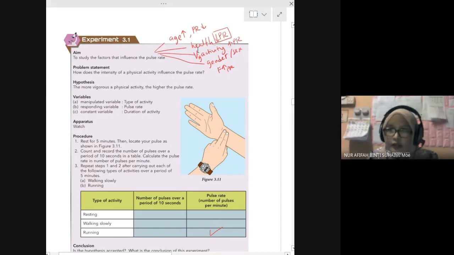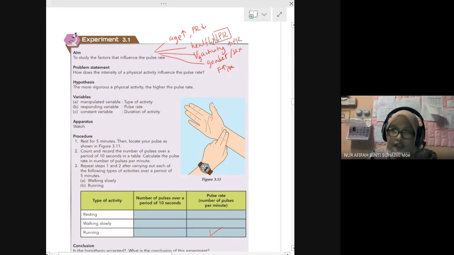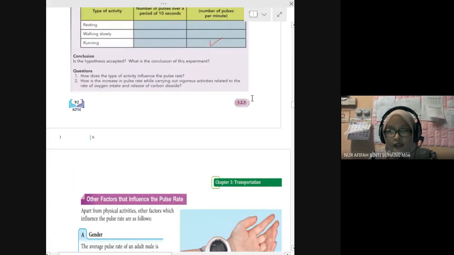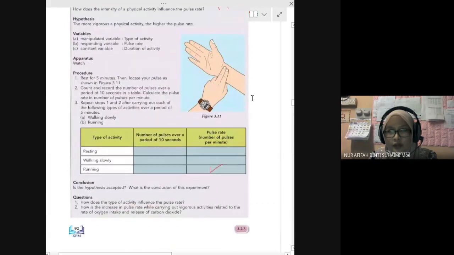The third factor is your activity. What is the measurement of your pulse rate if you are resting or walking or running? So we need to identify and investigate. And then the next factor is gender or sex, female or male. Which one has a higher pulse rate? Which one has a lower pulse rate? Right. For the first one, for the activity,